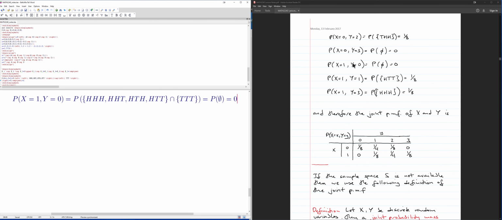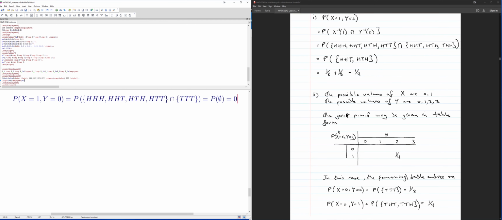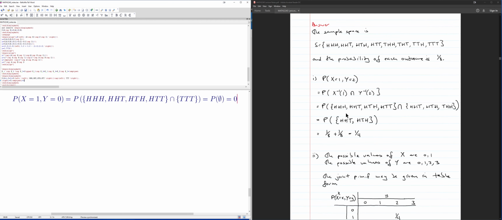Alright, so let's do one more case of this. So probability x is equal to 1 and y is equal to 0. So what are the cases that satisfy x is equal to 1? Well, we saw that already. Cases from your sample space where x is equal to 1 is you have a head on your first coin flip, which is these first 4 cases over here. So this is when your x is equal to 1. These 4 over here. And